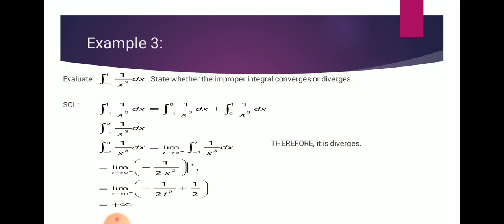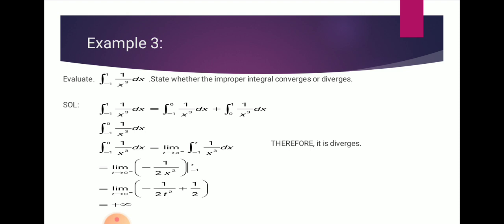The last example, example number 3. Evaluate the integral from negative 1 to 1 of 1 over x cubed dx. State whether the improper integral converges or diverges. Solution. Since f(x) equals 1 over x cubed is discontinuous at 0, using the equation we can rewrite